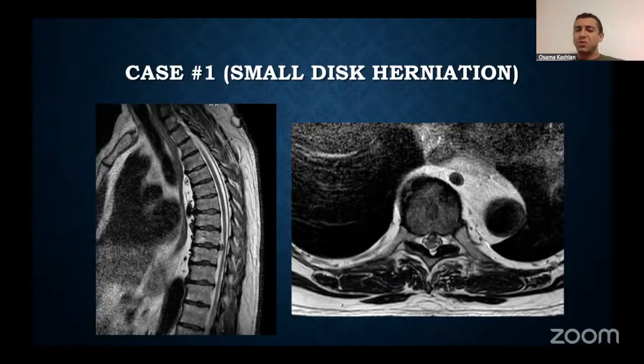Could you do this with a tube? Yes, but it's hard because you're trying to get around the cord. And as we all know, the thoracic cord, especially when it's already injured or already stretched because of the lesion, is very, very susceptible to injury. So endoscopy is a game changer in situations like this because you're able to push the envelope and take on cases where maybe you're not sure, is this the cause of the symptoms or not, because the morbidity is so much less for the patient.